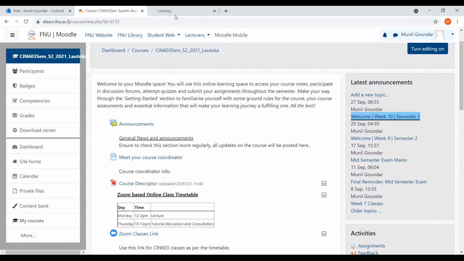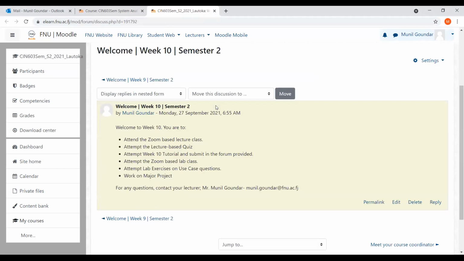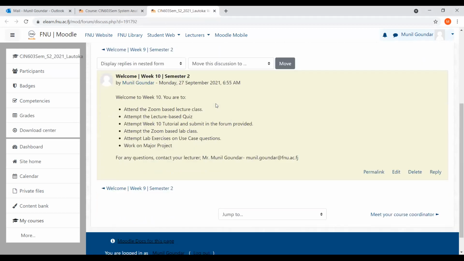In this week, we have the following things that need to be done. First of all, we'll be looking at our lecture notes for week 10. Moreover, there's a set of tutorial questions that need to be answered and submitted in the tutorial forum provided. This tutorial will later be discussed in our tutorial/lab class. The tutorial/lab class will also have some use case based exercises this week, so we'll be looking at them